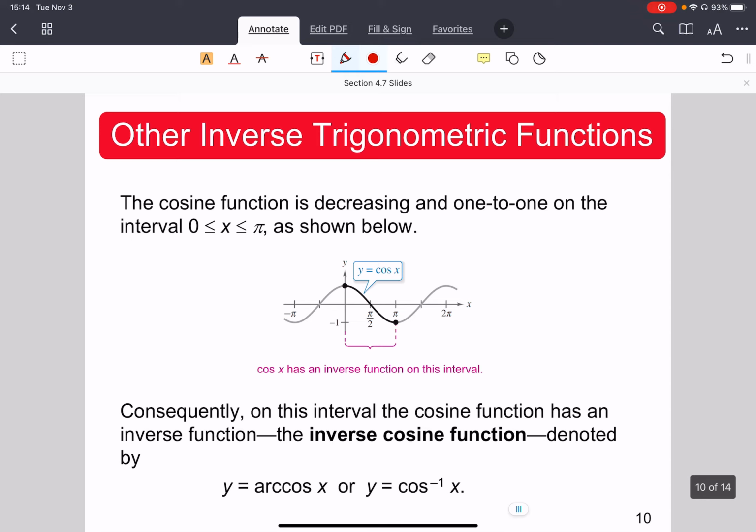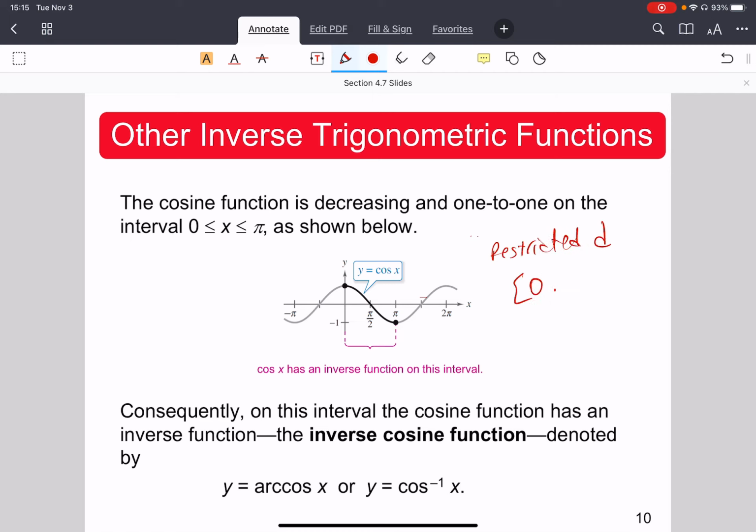So next, we're going to take a look at other trigonometric functions. You guys realize cosine x looks like the graph here. Because it has that periodic behavior as well, it's going to fail the horizontal line test, right? If you try to draw horizontal lines, you realize it fails because it crosses the curve multiple times. So it fails the horizontal line test. For that reason, we have to restrict the domain of cosine. The restriction we apply is going to be from 0 to pi. So the restricted domain is going to be